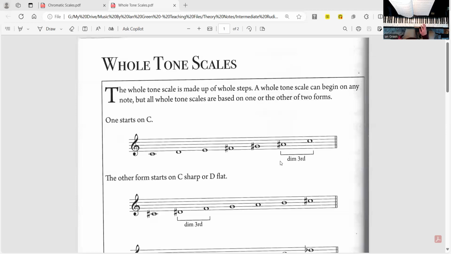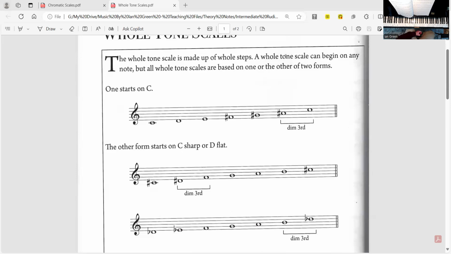Now you might be wondering, how does it work to go from A sharp and then to C? In another tutorial that I'm going to be creating soon and that you can also research in this tutorial set in this theory topic, I'm going to be discussing what a diminished third is. But basically, it's an enharmonic major second. So instead of writing a flat and then going to the natural, B flat to C, one rule that we have to use when writing a whole tone scale is if you start with sharps, you have to use sharps all the way through the scale,